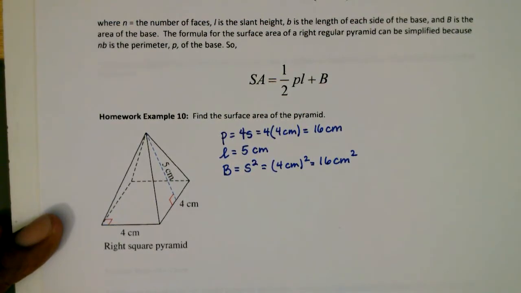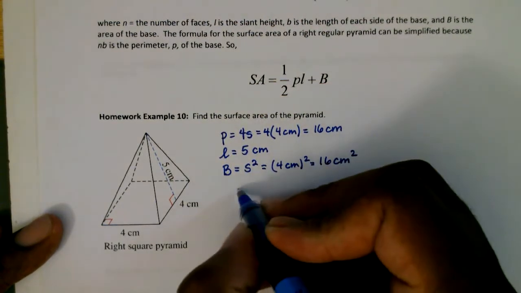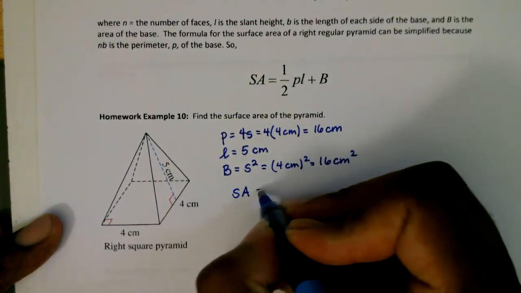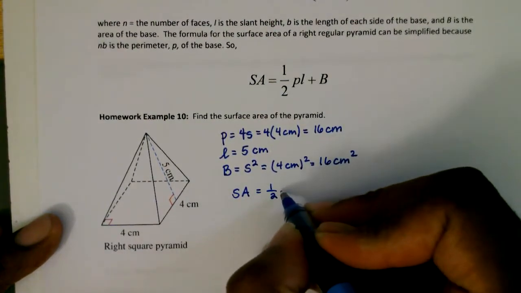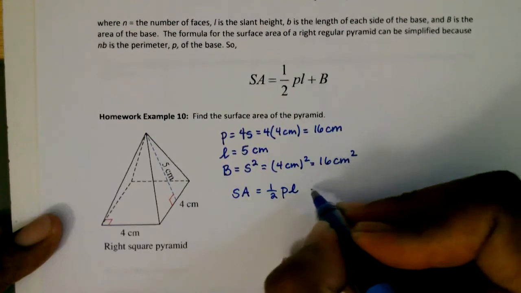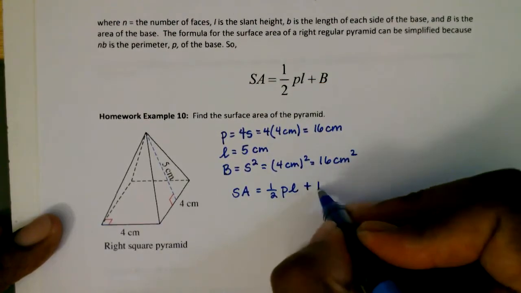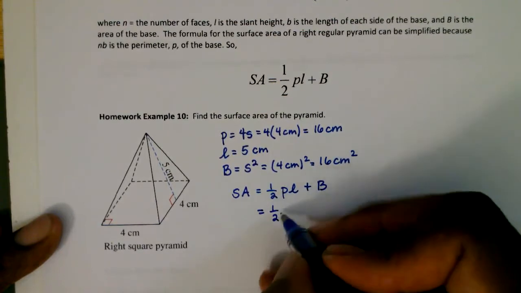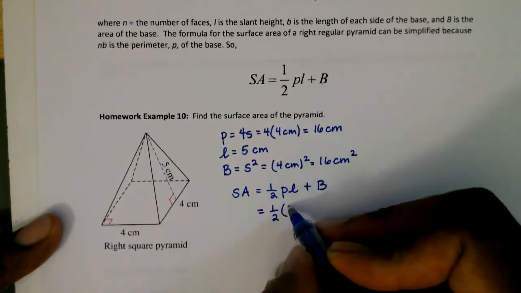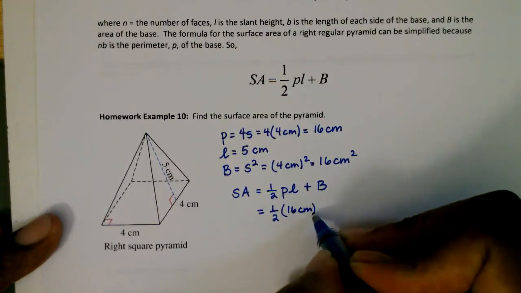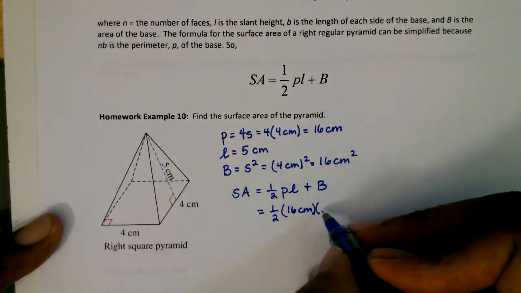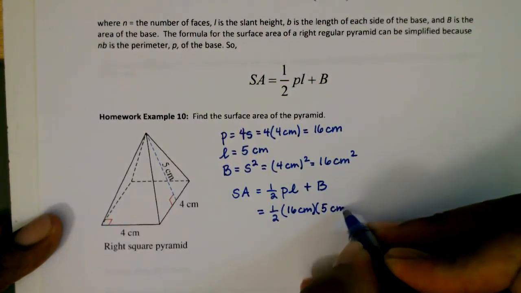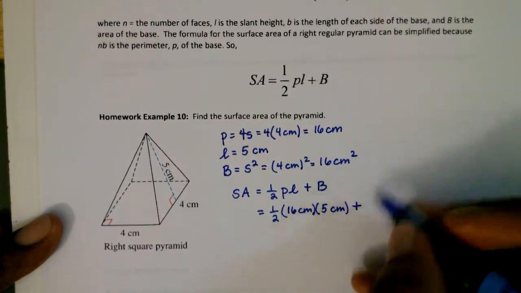Now I have what I need to find the surface area of that right square pyramid. That's going to be 1/2 the perimeter times the slant height plus the base. So here I have 1/2. The perimeter was 16 centimeters. The slant height was 5 centimeters. Plus the base,